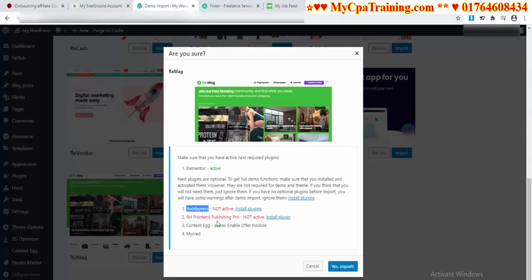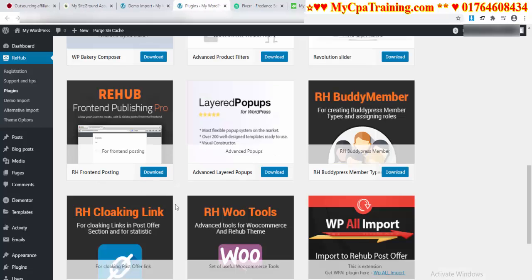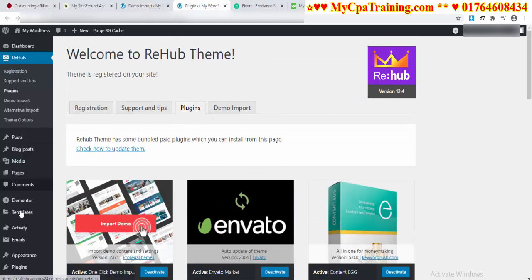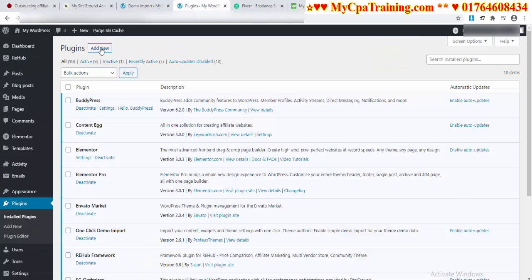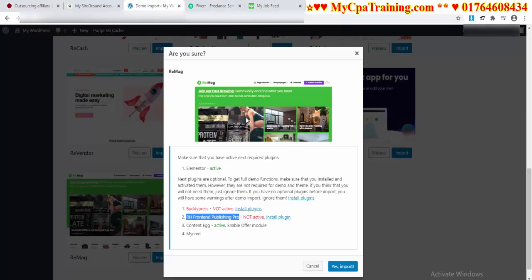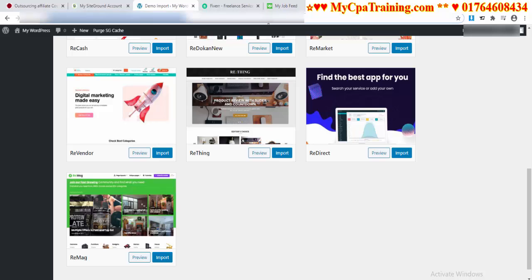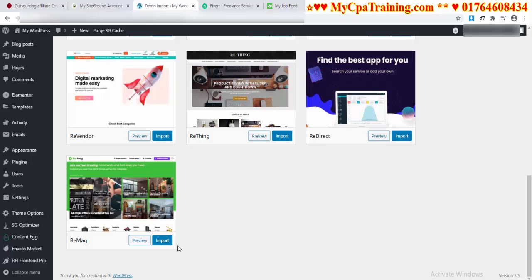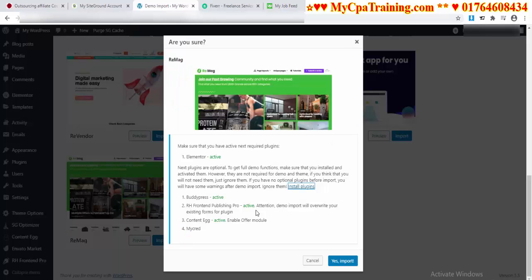Okay, now we have to fix this option, RH Frontend Publishing Pro not active. Install plugin. Okay, I am installing this one, RH Frontend Posting. Now if I go to plugins, add new, upload file, this one, browse and paste here, install and activate plugin. Now if I refresh the demo option, and again click here, import demo data, and now all are